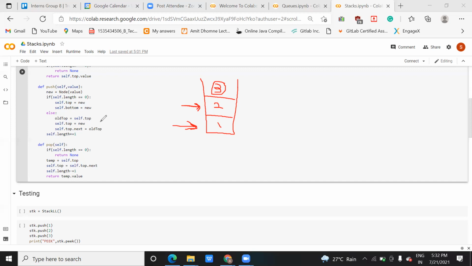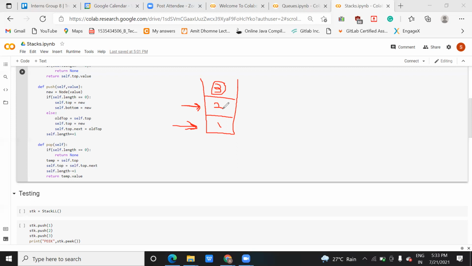So when we got three values and we add three to it, according to the code the pointer will now point to two because it is next to three. Yes, this value will be assigned to self.top.next. It means self.top.next is not actually pointing. Once you make self.top new, you are now telling what my self.top.next value will be, meaning with respect to this top value, what will be my next value? That is my old value. This is what they are saying.